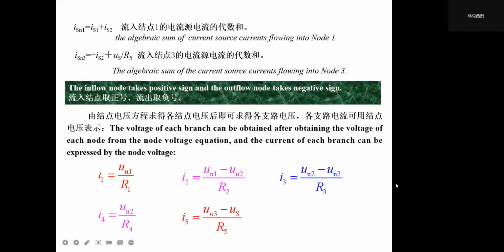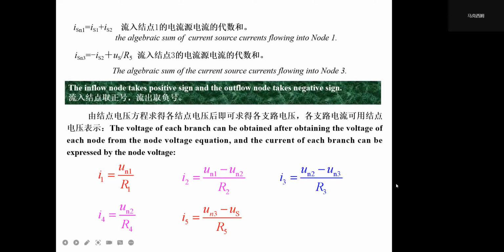We can represent all five branch currents with three node voltages. So instead of solving five equations for five branch currents, we only have to solve three equations for three voltages